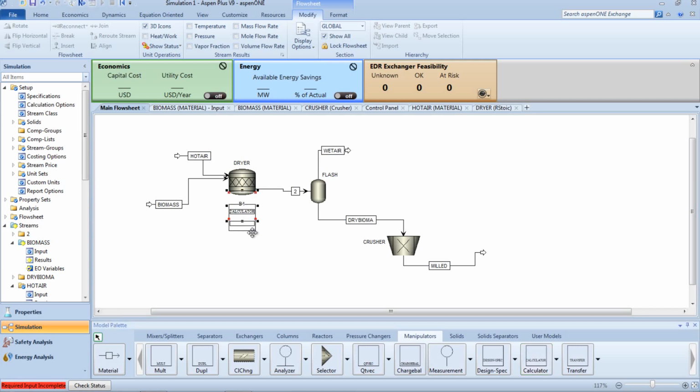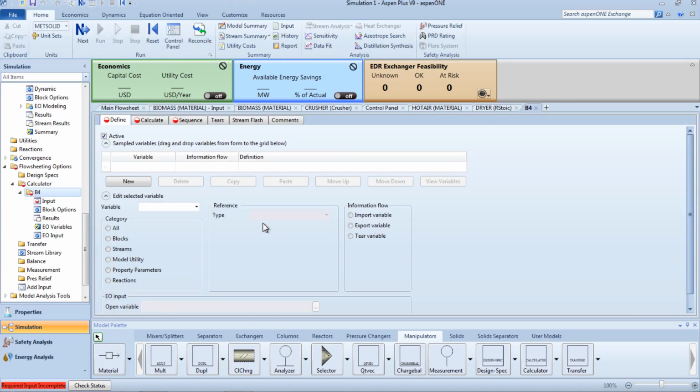So this calculator, it's not a process block, so we don't really need to connect it to anything. What it does is grab an input from your process data, and then return that output. So in setting up the calculator block, same thing, right click, click input. Then in here we have 3 tabs with a red circle: define, calculate, and sequence. We'll start with define, and we'll define